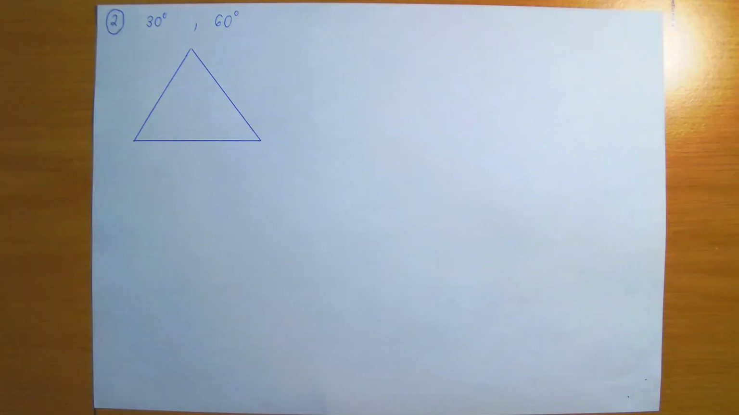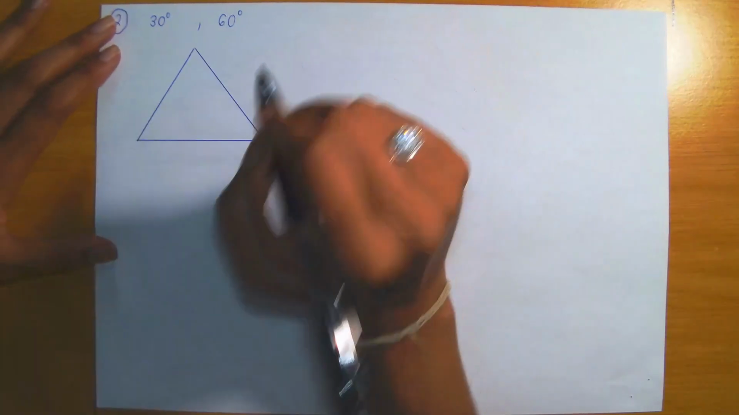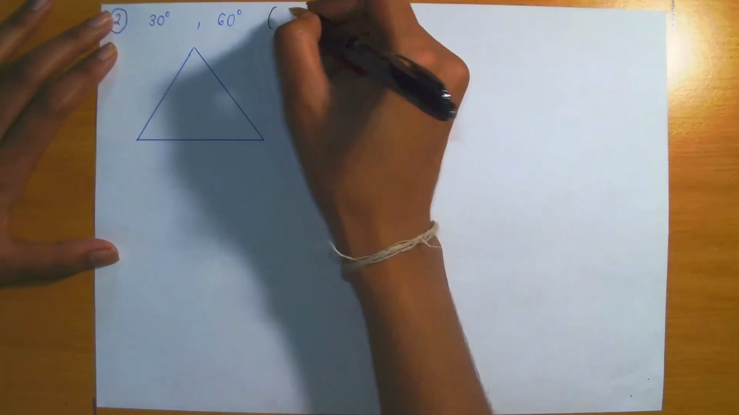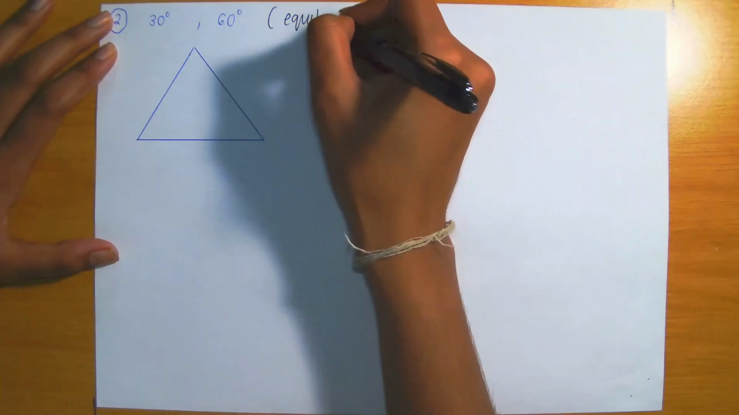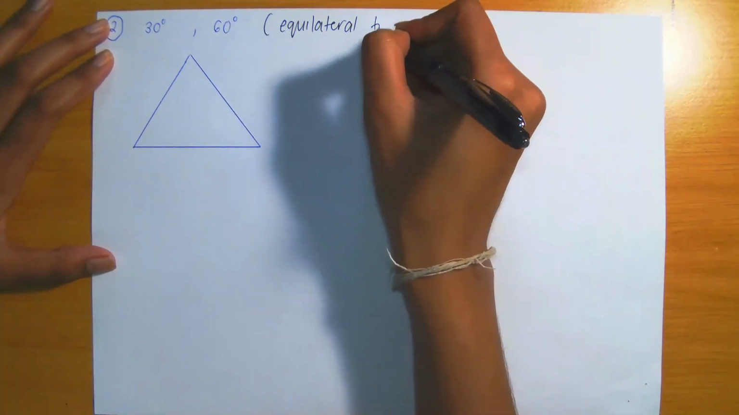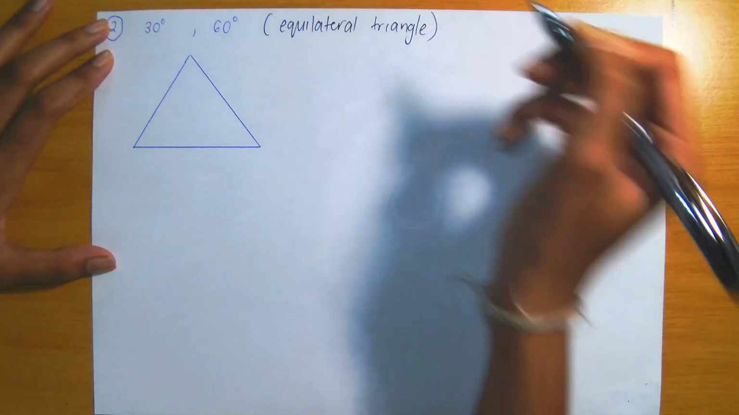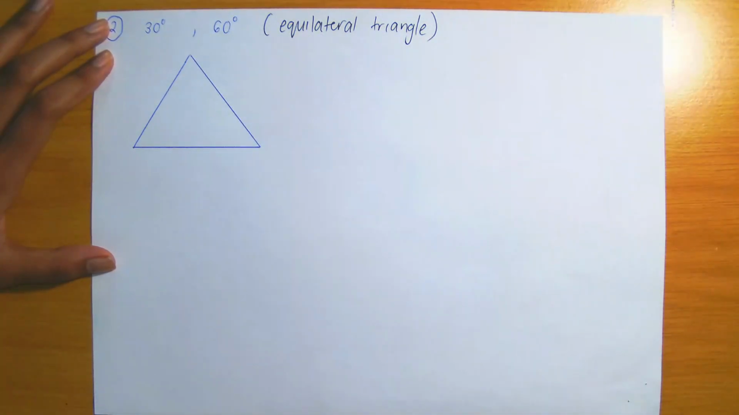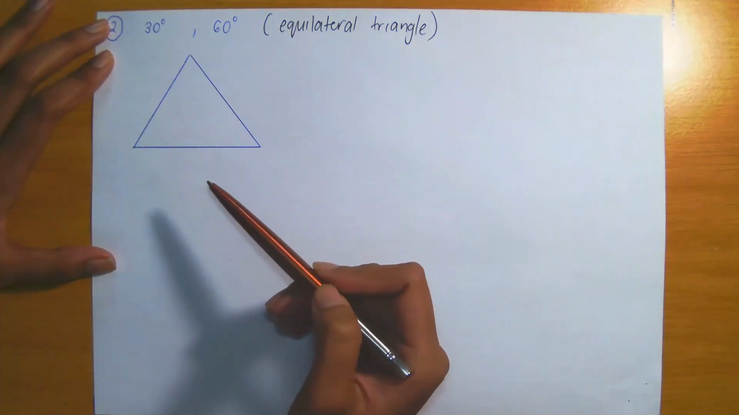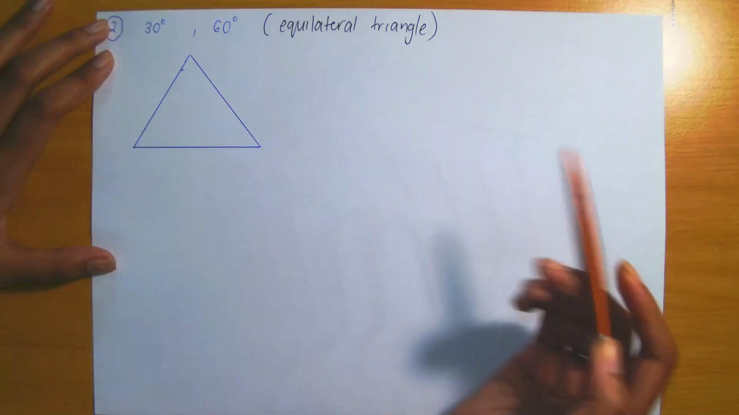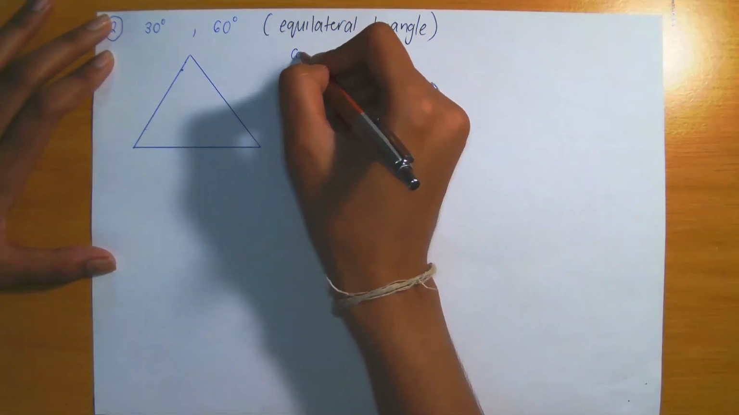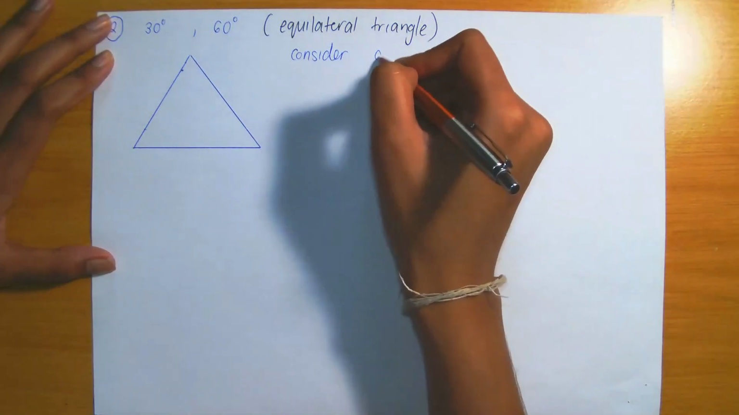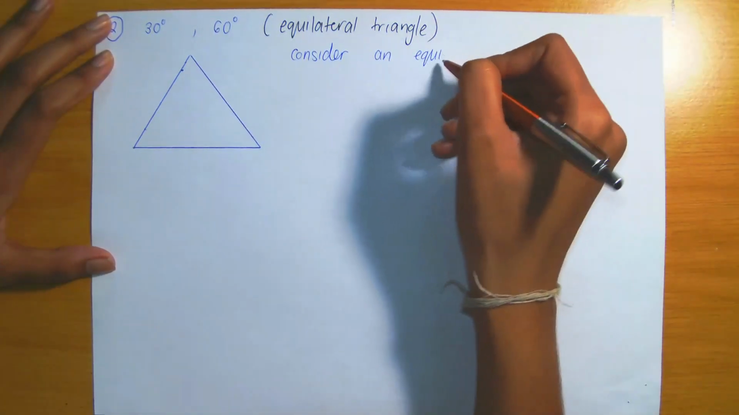Right, so in the case when we're looking at the angles 30 degrees and 60 degrees, in order to understand this, let's begin with an equilateral triangle. We're going to study this with the use of an equilateral triangle. Remember, an equilateral triangle is a triangle in which the three sides have the same length, so those sides have equal length, and the three angles are also equal. So let's consider an equilateral triangle